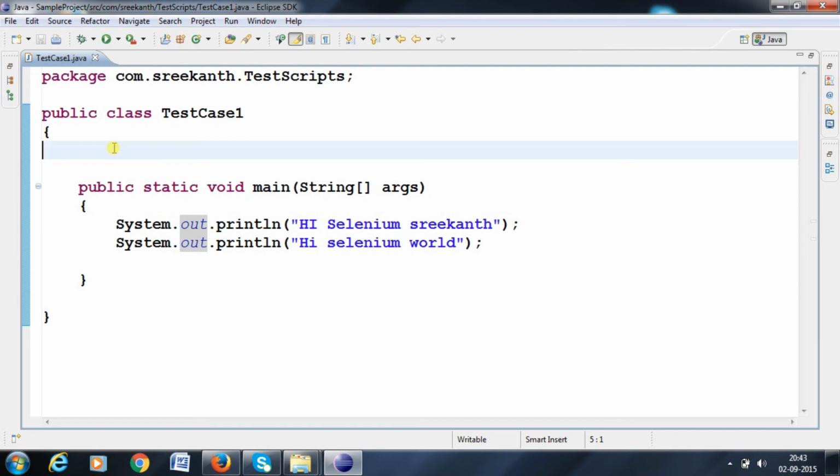In our second session, we are covering how to work on Eclipse, how to set up Eclipse in our system, how to create the workspace, the project, the package, and the class, and how to write simple printing statements in the class, execute, and get the result. This is what we discussed in the second session.